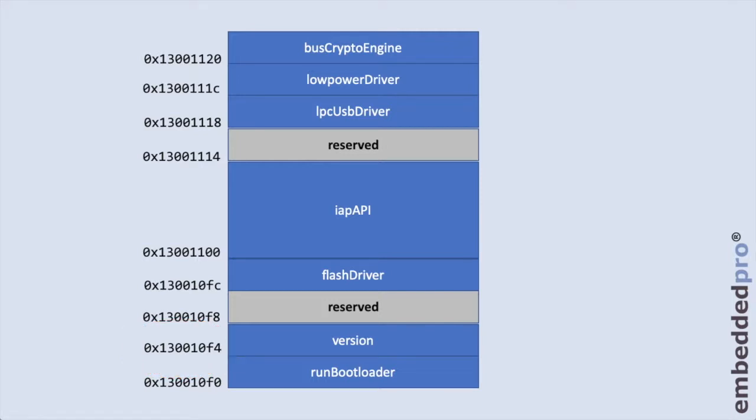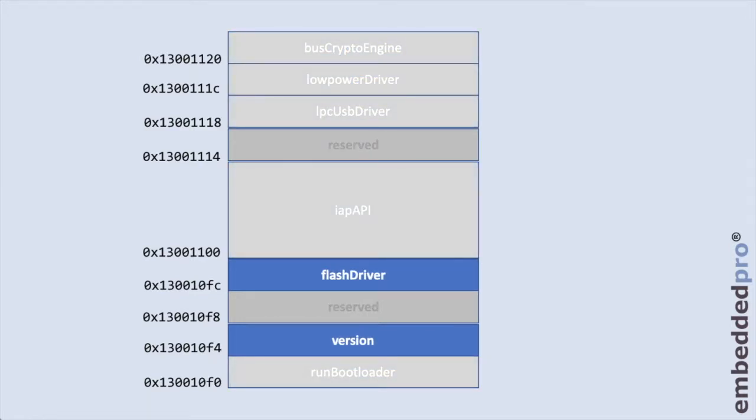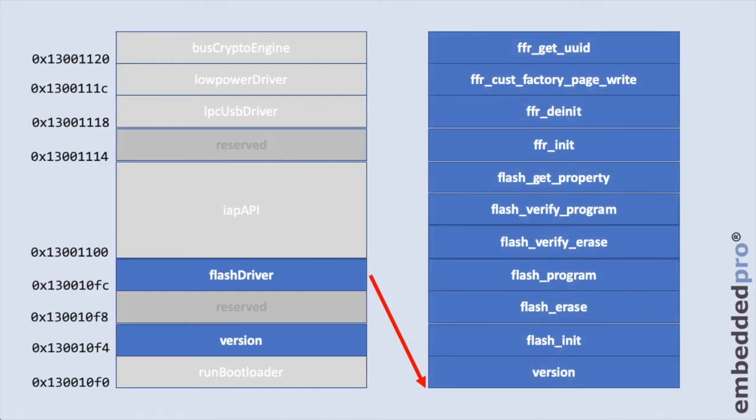There are other drivers pointed to by this pointer table: the flash driver, the IAP API, the LPC USB driver, the low power driver, and the bus crypto engine. Today, our interest is going to be really in the version number and in the pointer to the flash driver. Let's just take a deeper look at the flash driver. Again, the flash driver here at 0x130010FC,